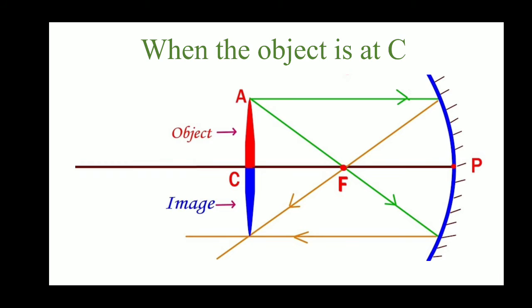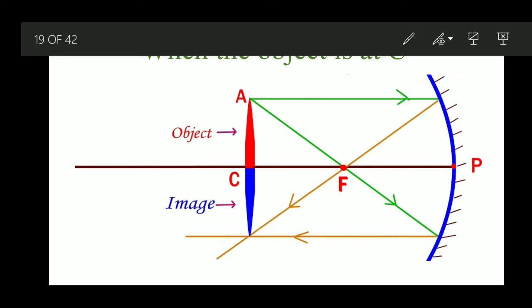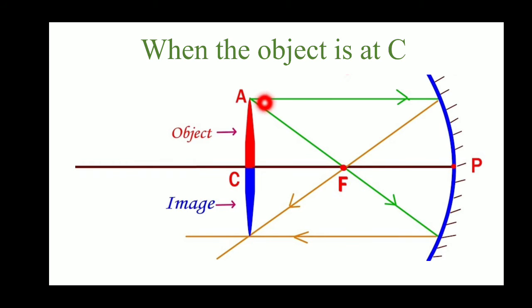Now, the third one is, I take the object at C. So from infinity, beyond C, I have come to the point called C. Now red is the object. The first green line is the incident ray, and this yellow one is the reflected ray. The second ray is also needed, because we need a minimum of two rays. This is the incident ray, and the yellow one is the reflected ray. Now see here, both the reflected rays are meeting. Where both the reflected rays are meeting, I get the image.